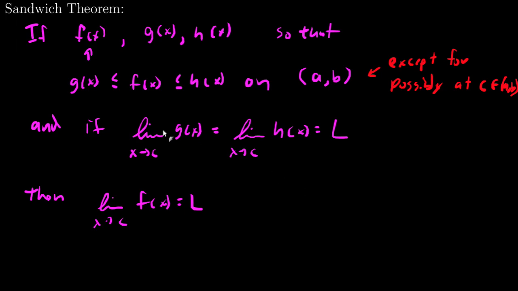Here's the idea. We have a sandwich. G and H are the pieces of bread on the outside of the sandwich. So we have G, we have H, and F is the filling somewhere inside. I guess G is the lower, so this is G, this is H, and F is this inside. If at some point we squeeze the sandwich enough so that the lower function and the upper function have the same limit,